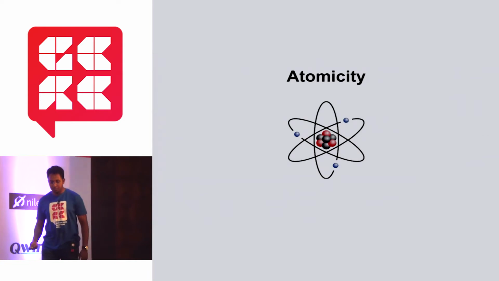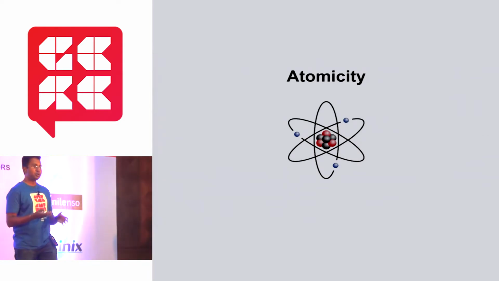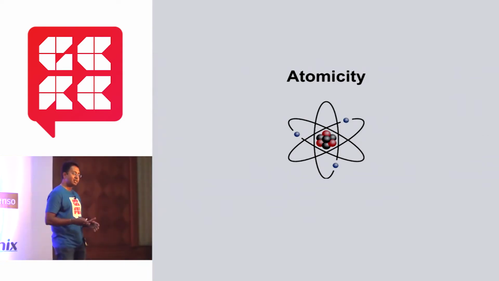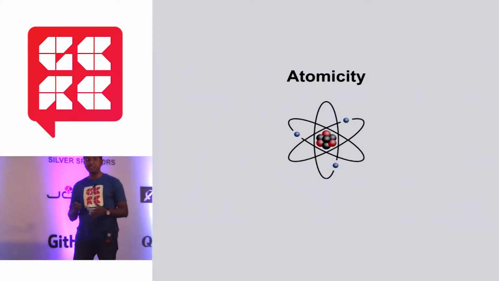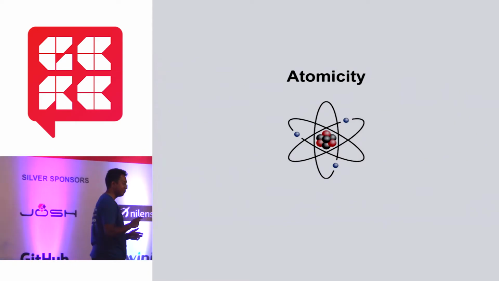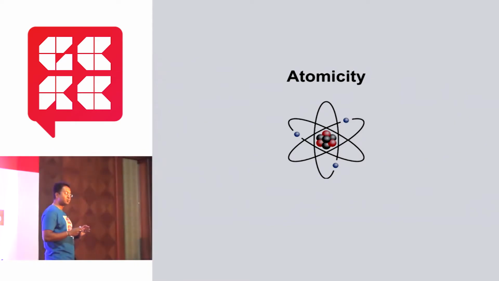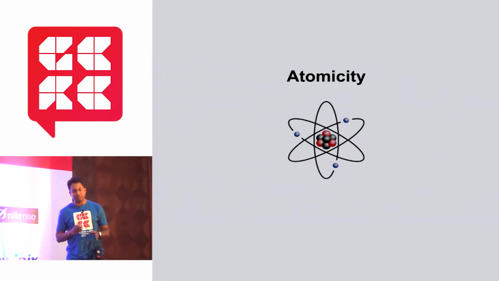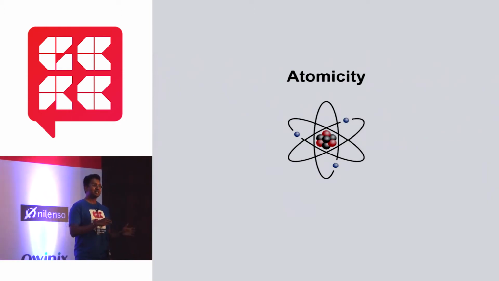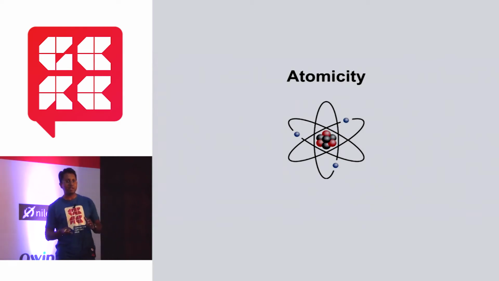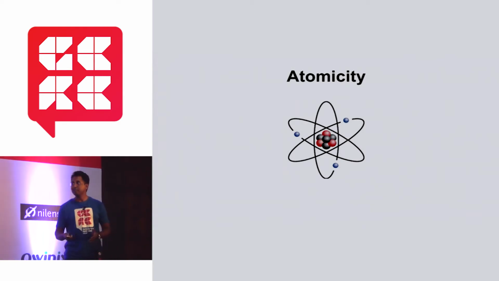Cool. So memory model gives you rules at three broad levels: atomicity, visibility, and ordering. So atomicity, as simple as a variable assignment. Is a variable assignment an indivisible unit of work or not? So the rules around that, and it also talks about rules around can you assign hashes and arrays indivisibly and things like that. These rules can change based on every language and things like that, right?